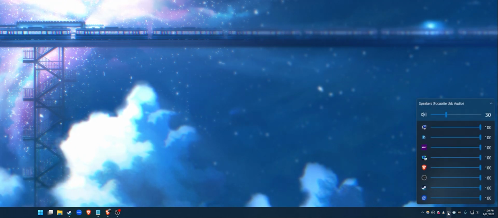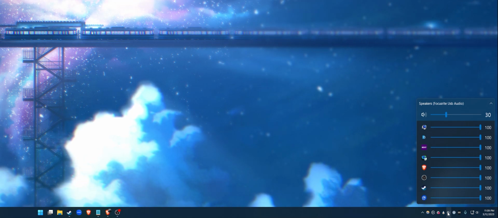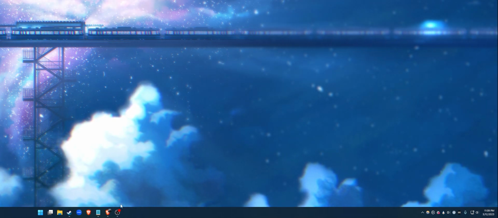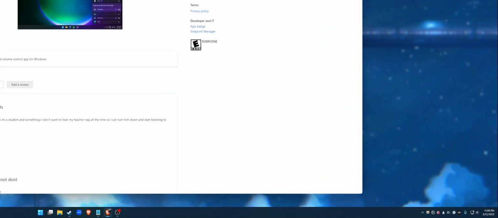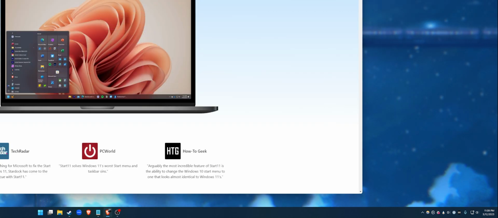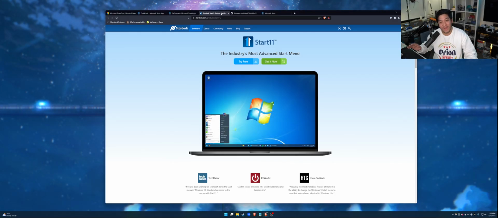But I truly just prefer this at a quick and easy glance because it's much easier overall to use. And bonus, it's completely free. Ear Trumpet. The last two apps I want to talk about are Start 11, which is from the makers at Stardock,